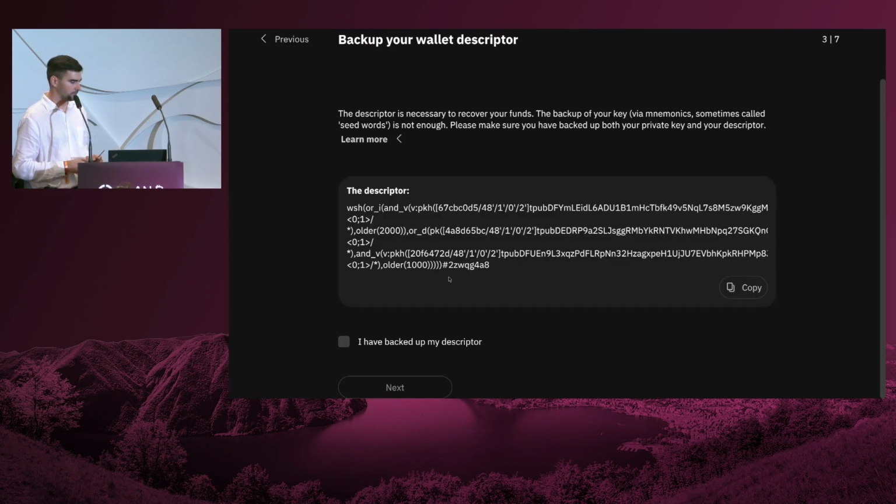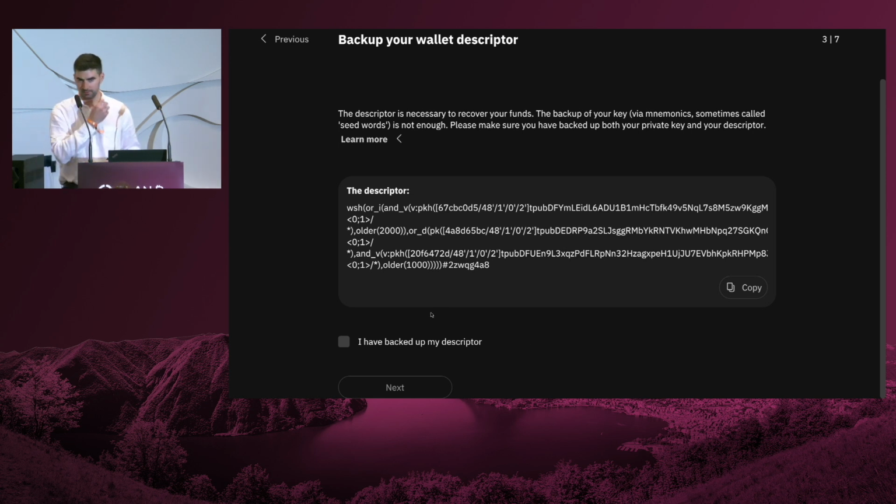And this is the descriptor that I mentioned in the beginning. You can see that Miniscript is more human readable. It says that there is a condition and there is the time lock here. You see older than 2000, older than 1000. You have the derivation path, the xpub, first, second, third.